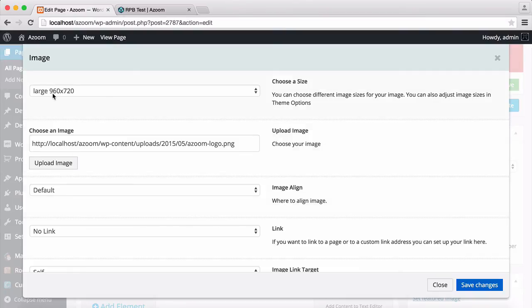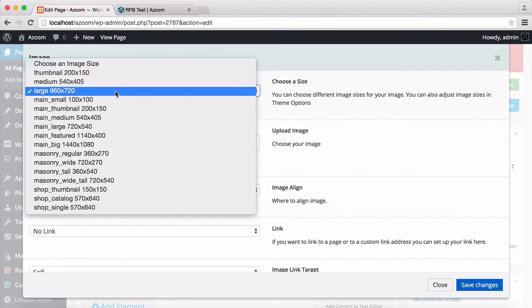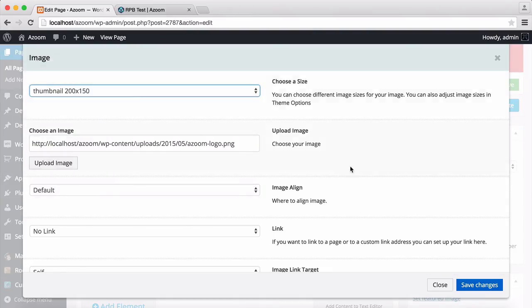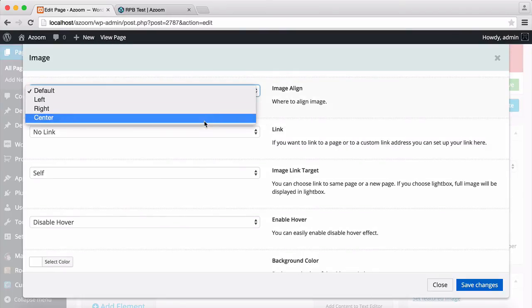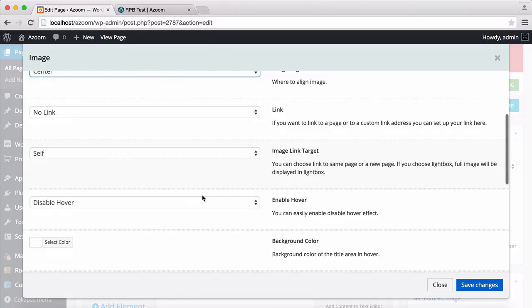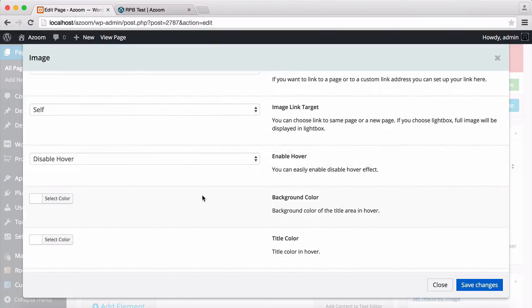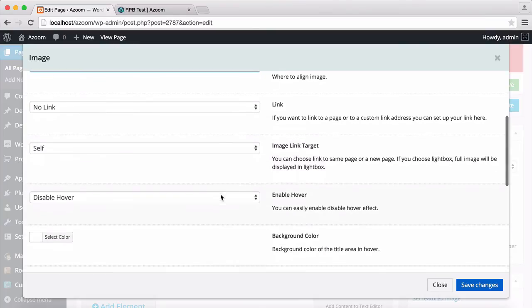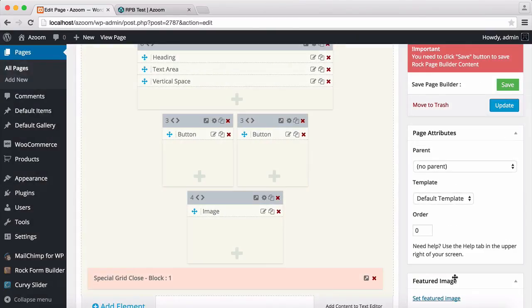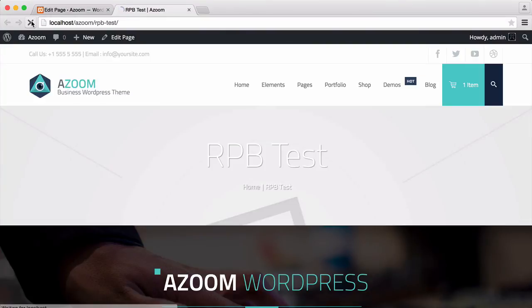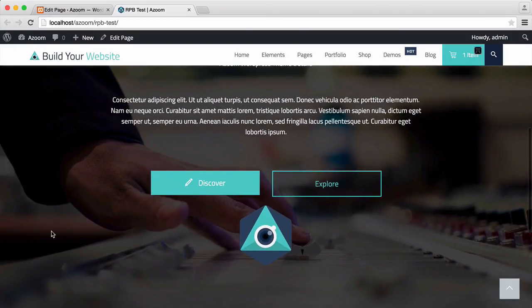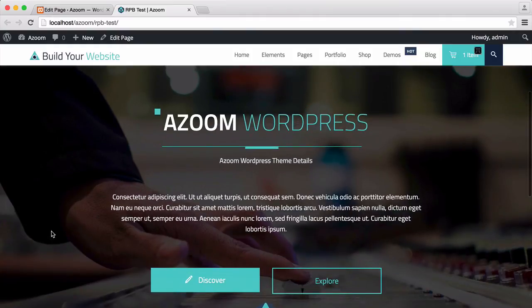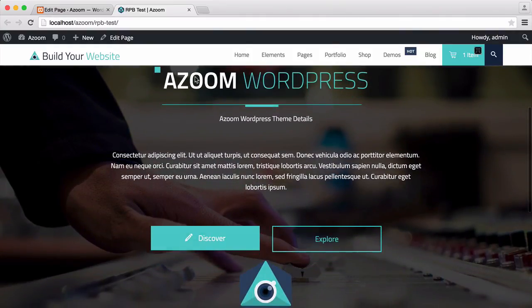And this is a little bit too big, so I'm going to use a smaller size like thumbnail and image elegant, center, no link target, and of course disable hover because there's no link. Save it, and test it. Okay, now it's here. Well, I think it will be better if I would move it above the heading, so